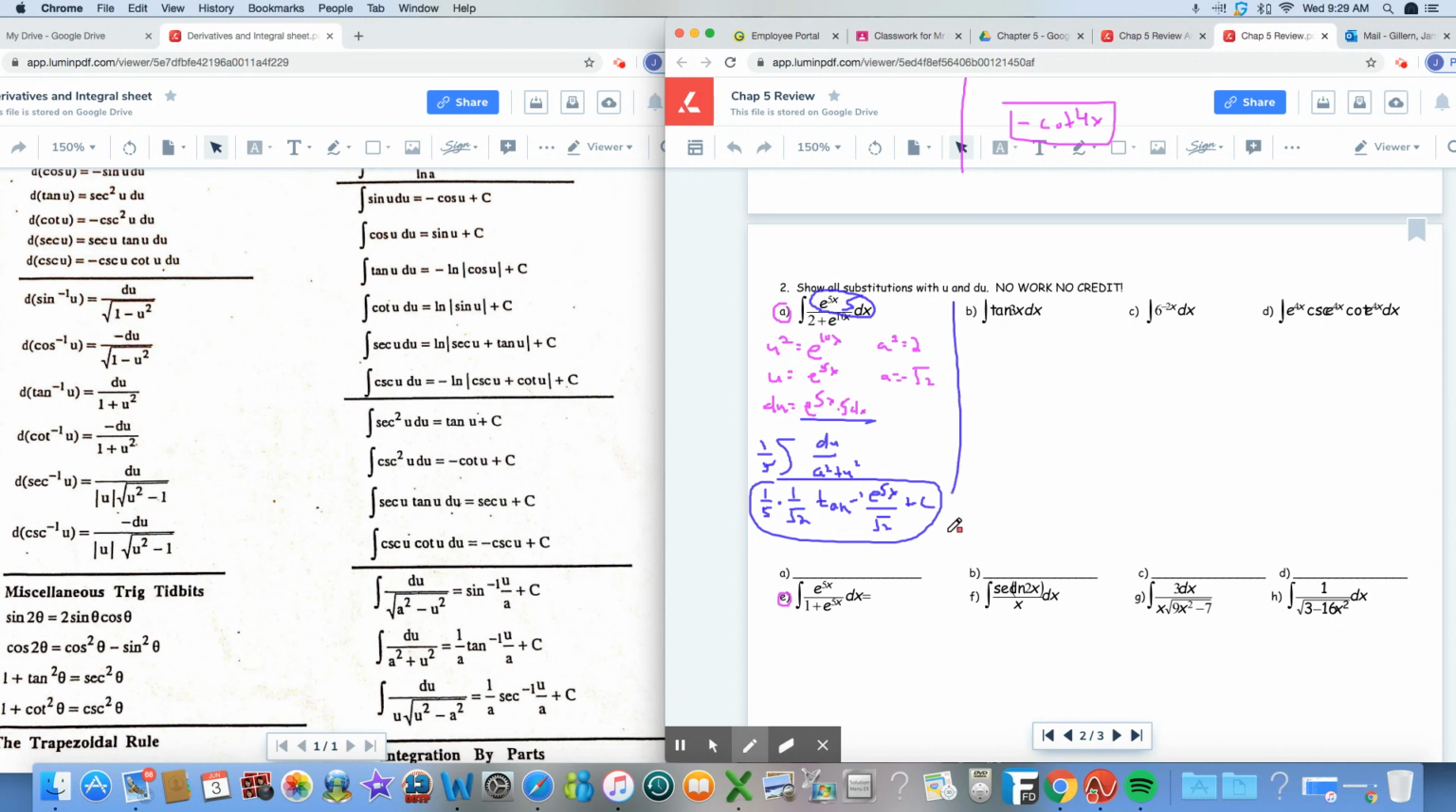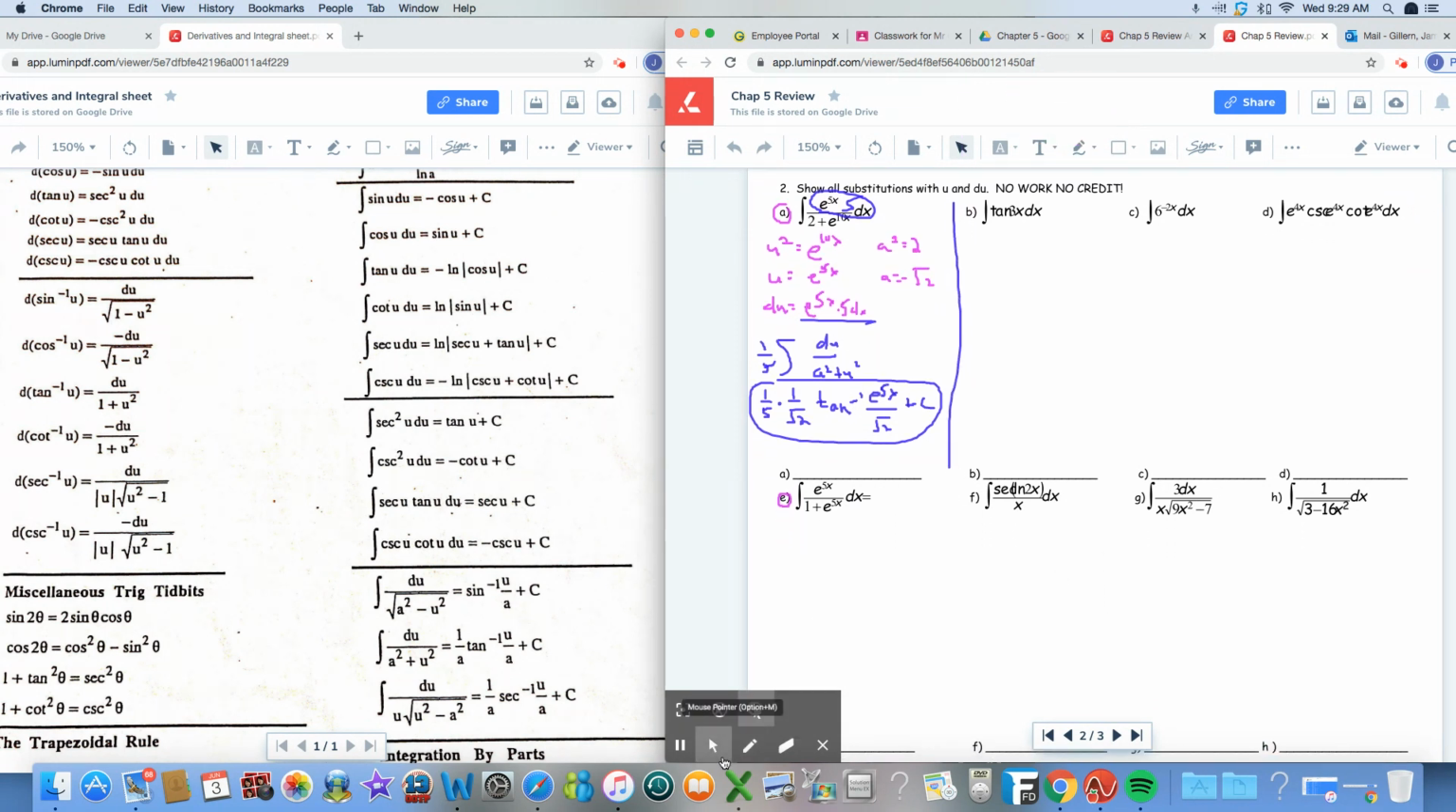All right. Now, I'm just going to do e just to show you the difference of how this would be done. So this one, we're not going to do u squared a squared. When they're the same like this, we're just going to do u. And we're going to make u the denominator, which is 1 plus e to the 5x. All right. The derivative of this, e to the 5x, is e to the 5x times 5